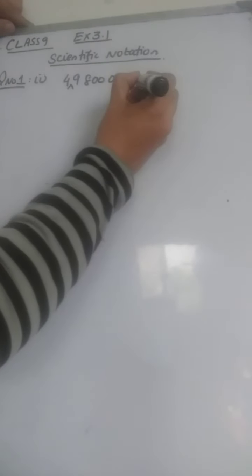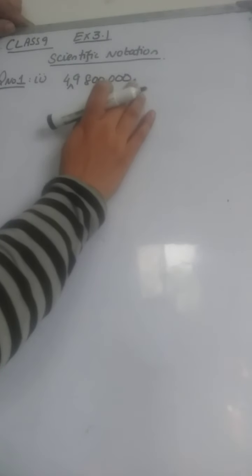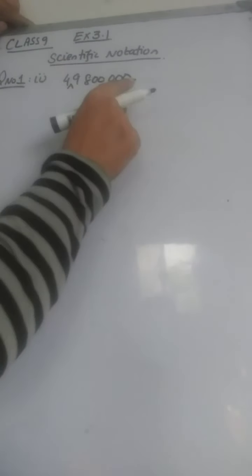After that, you are going to find the decimal point. Where is the decimal point? If there is no decimal point, it means that it will be at the end. When it's at the end, we don't write it usually. So if you can't see any decimal point in the number, it means that it will be at the end. Now the next step is you are going to put an arrow from the cursor point to the decimal point.